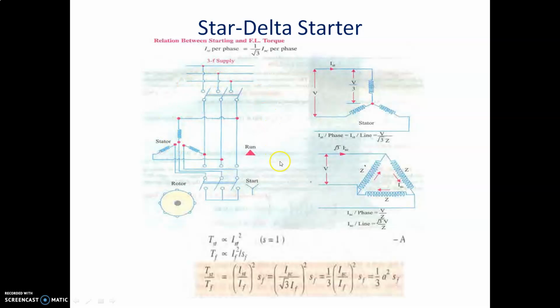While starting with the star delta starter, the motor is going to run in star connection during the starting condition, and we are using a changeover switch here. So during starting it is going to be in star connection, and during running it is going to be in delta connection. Okay, so the connection will be changed automatically with the starter. Next we will be discussing a problem in the star delta starter.